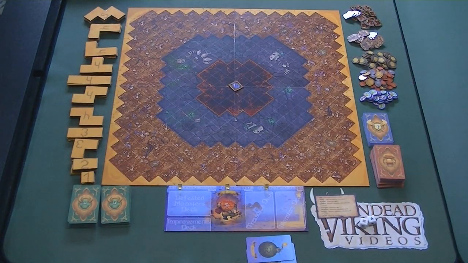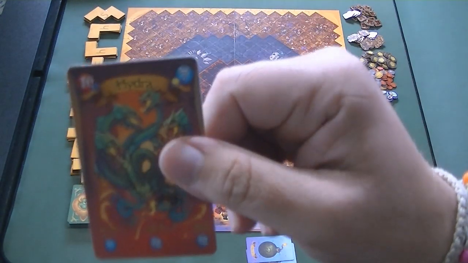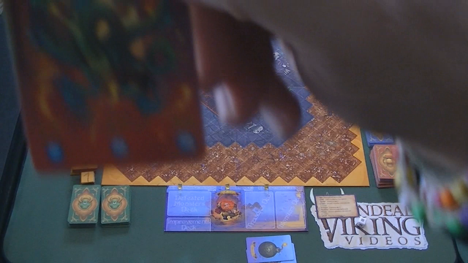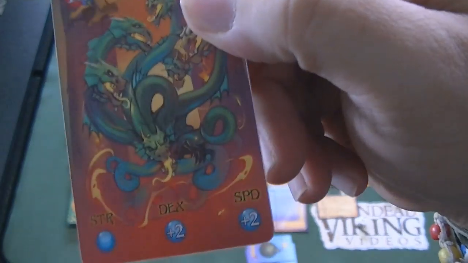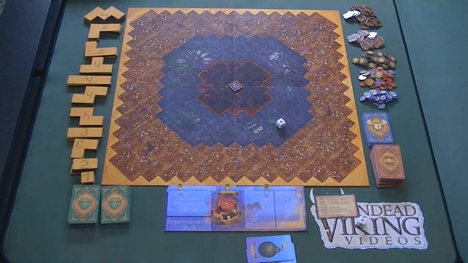So you're going to get the classic D6. You're going to roll that. Ooh, a 6. You'd add that to your strength, and then if that total is more than the strength of the creature you're fighting, then you would defeat it. And then you can see here the Hydra has a +2 to both the dex and the speed. So just for example, if I